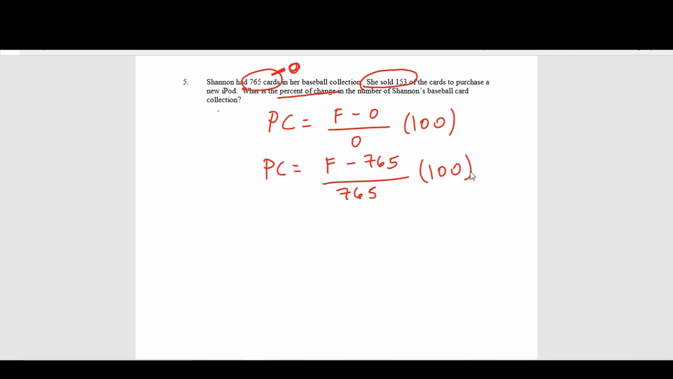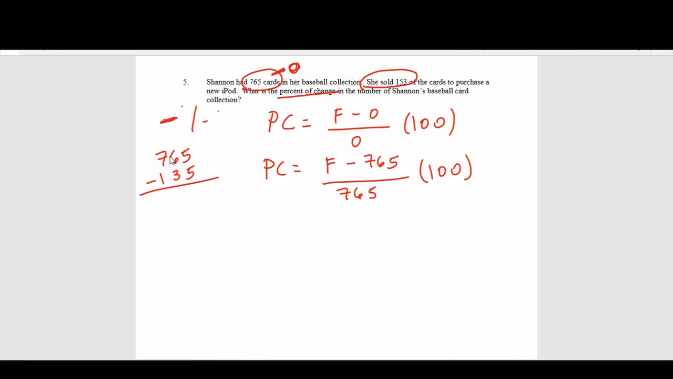So the way this is going to look, let me think about this real quick. There might be an easier way to do it. So the percent change here is going to be negative because she sold. It's going to decrease. So her percent change is going to be negative some odd percent. Okay. So to find the difference in this, we're going to do this: 765 minus